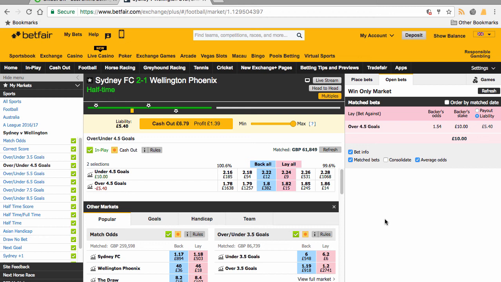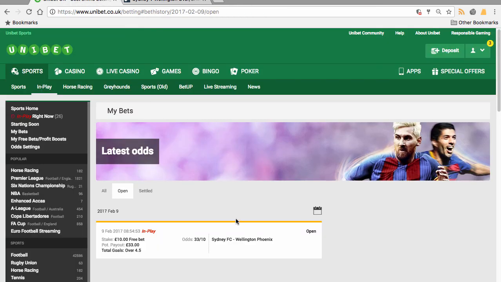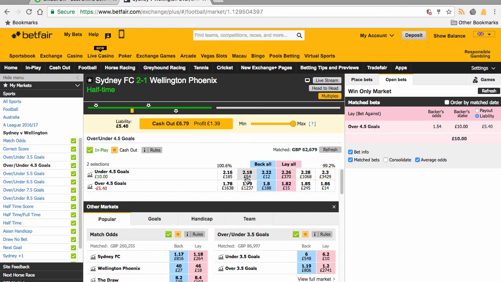And I do this on a regular basis. I've seen other videos where I'll even use that money as some insurance. So I could have taken that £10 and backed under 2.5 goals, and then I'd be trading over 4.5 goals in here, and that initial free bet would give me some insurance in case there weren't actually any goals. So there's loads of things you can do, and more often than not, you're going to leverage more than the value of the actual free bet itself. So rather than just hedging it straight out when you get it with the bookmaker, you can actually put it to work,